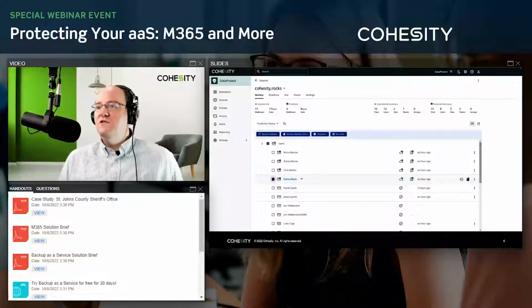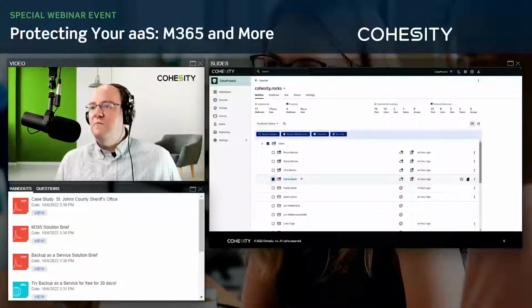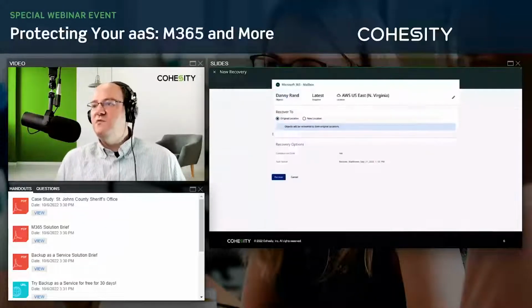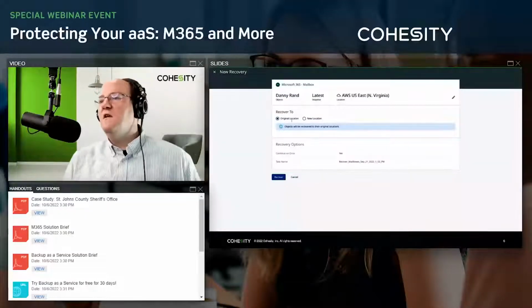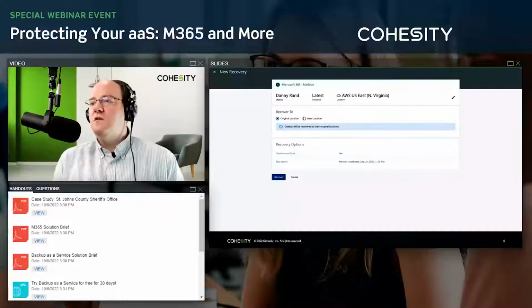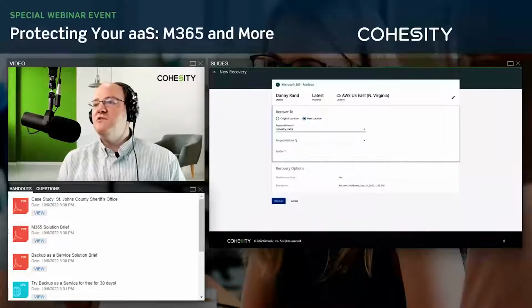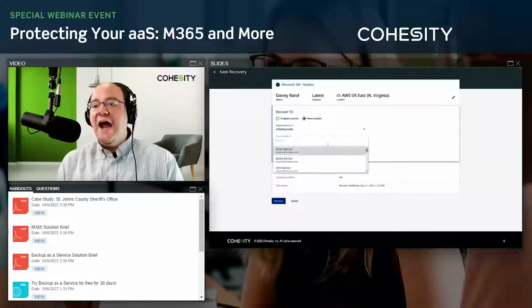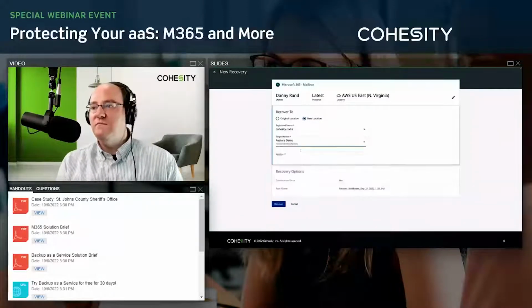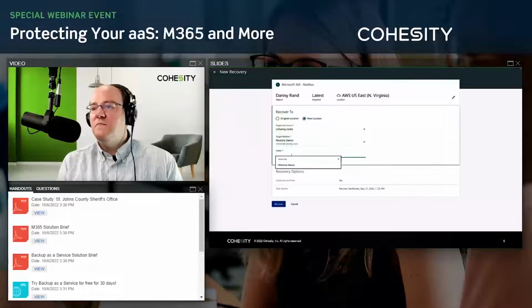We're going to recover a mailbox, in this case of Danny Rand, and we're going to go to a new location. If you have a different Microsoft 365 domain, you can actually recover to a different domain at the same time. So we're going to go to the restore demo location, and we're going to give it a folder name.